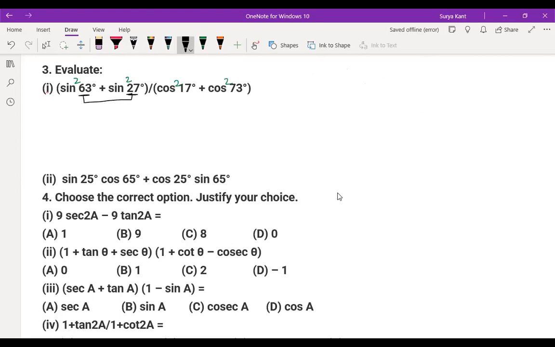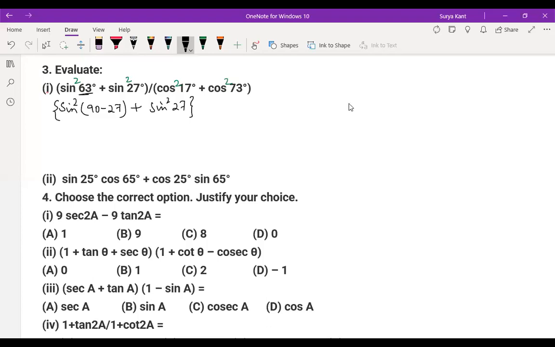So what I told you, children, I told that either you change the first part or the second part. If this is a combination of 90 degree, it means either you should change first one or second one, right? So here I'm just going to try to change the 63 part. So what we can write here, sine square 90 minus 27. Can we write this, children? If you have read the complementary angles, then you might have remembered this. Sine square 27. This is the first part of this.